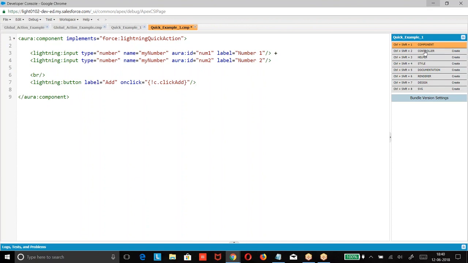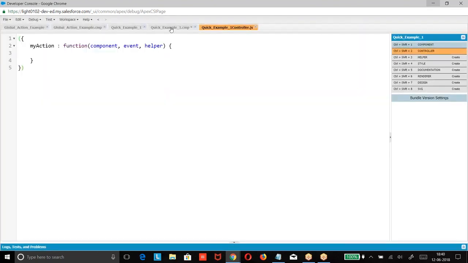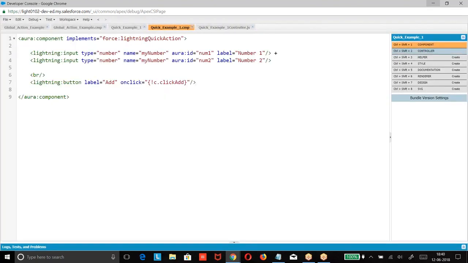When you click on this, the corresponding JavaScript will be opened. The JavaScript is supposed to read the value using the ID. How do you find it? component.find number 1 .get. If I want to read the value using this, how do I get it?